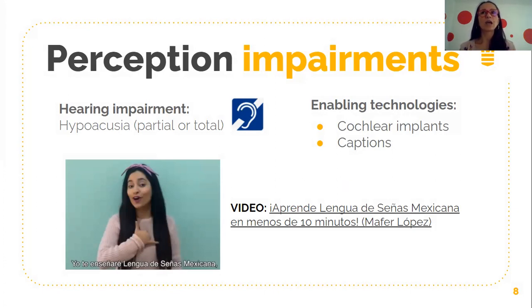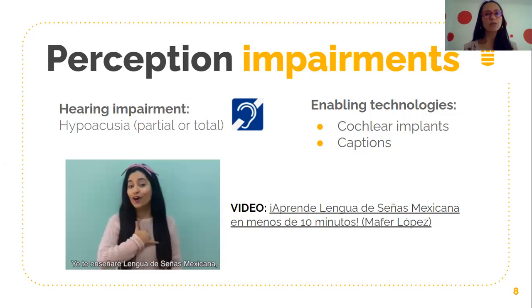I think this kind of impairment really isolates people with it from people without disability, because they cannot hear us, and sometimes they cannot speak from not being able to hear. So let's say with people with blindness, you can still talk, you can communicate with them, you can have a conversation. With people with motor impairment, it is the same. You can have a conversation with any of them or between them, etc.